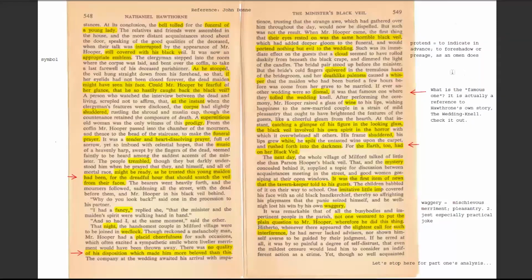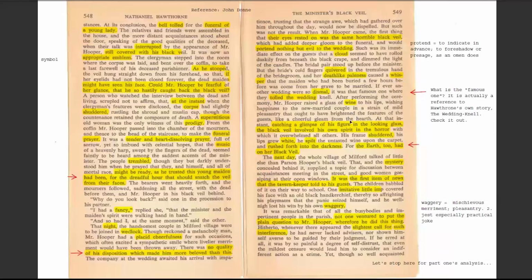What is this one? You should look it up, and I'm going to tell you about it. It's basically a story about a wedding where an older couple got married. The woman was married twice before, and the old guy who loved the woman many years was finally marrying her. I'm not going to tell you what happens, but it's just different. And by the way, Hawthorne wrote that story too.